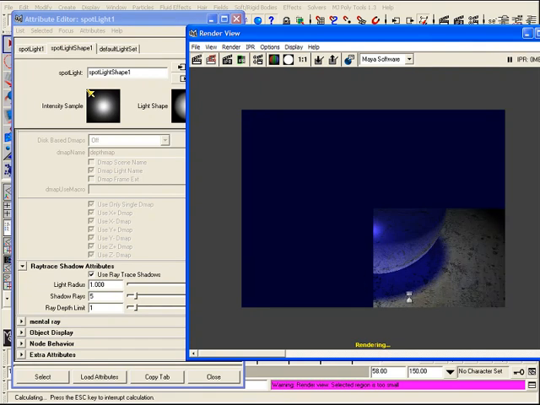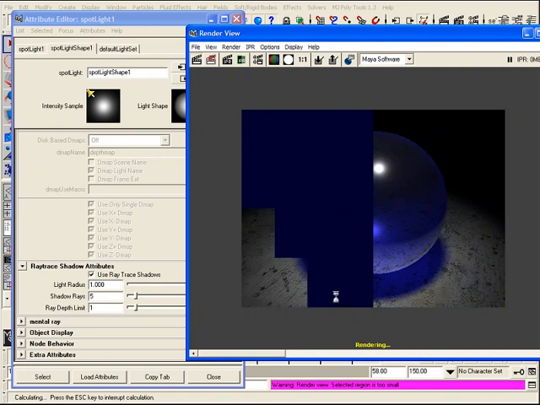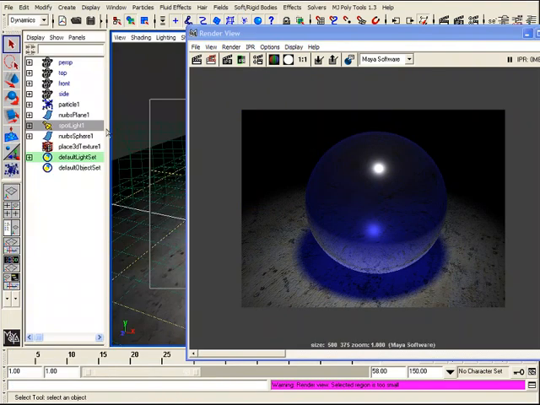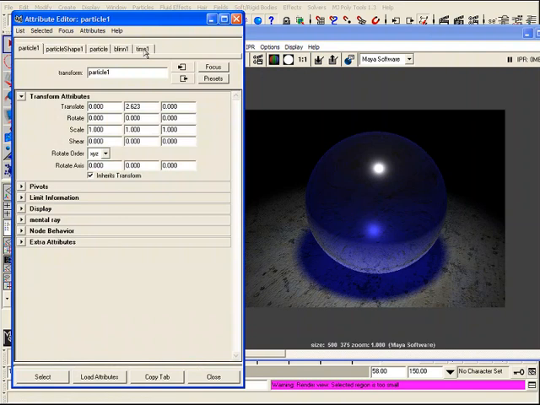Because creating the blur that I have on my shadow right here, while taking a while to render with Maya, would be a very fast thing to do with a blur node in a compositing package. But at this point, since we only have one particle, our render time isn't too bad. And so now you can see that we've now taken this particle, and just by going and tweaking some basic